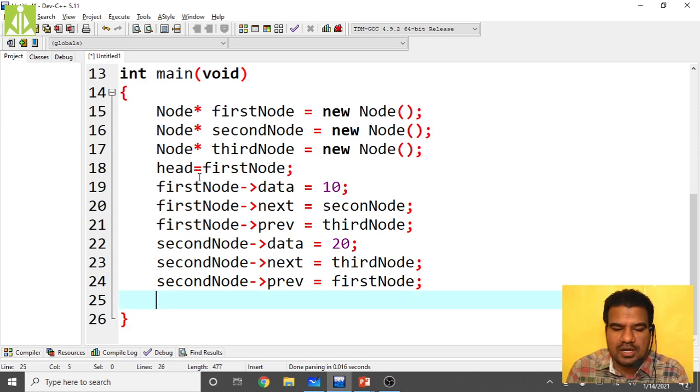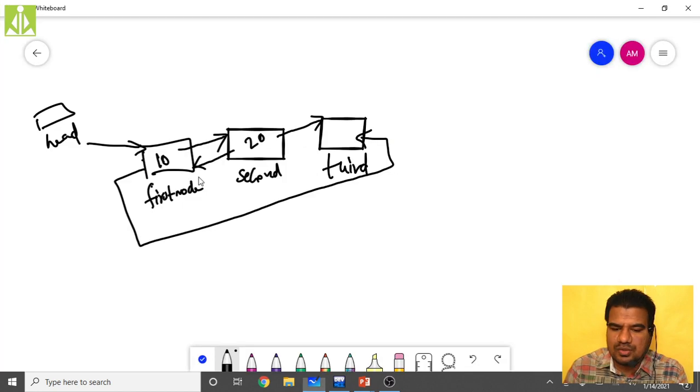Go to the third node now. Third node value we are storing, let us say data, we are storing 30 semicolon. So here we are storing this 30. Then the third node's next pointer should point to the first node, isn't it?